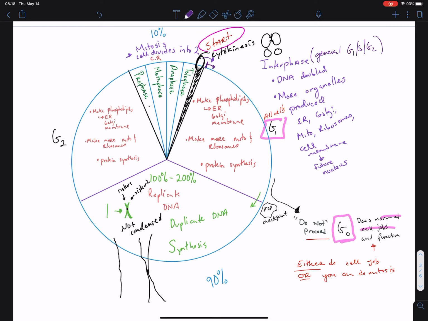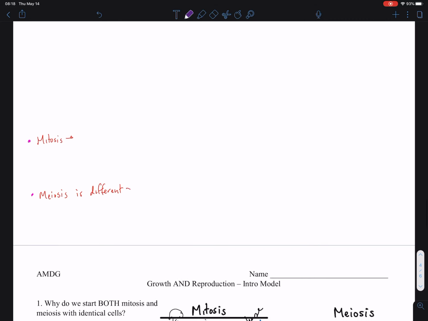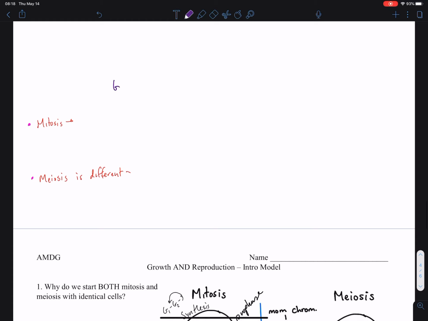Hopefully that helped out. Now from there, we're going to move on to this conversation about mitosis and this other process of meiosis. And the reason being is, remember when I said growth and reproduction were kind of connected in many ways. And they really are. And so one of the things that's really important is to then identify what the purpose of both of these processes are. So you've heard of these processes, but what are they? So mitosis is related to growth, and its predominant job is to create identical, we call them daughter cells,